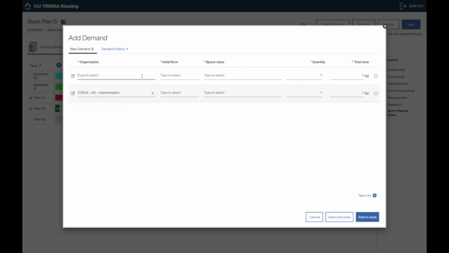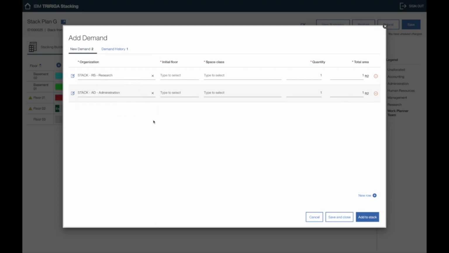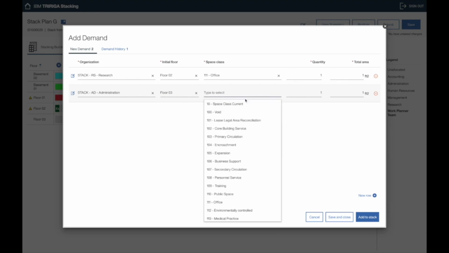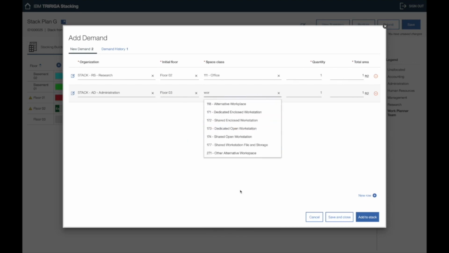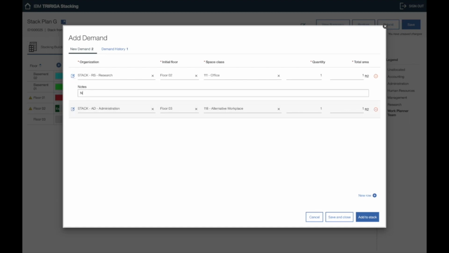Let me select new, another one. Let's see, research. Okay, and another floor. Office, alternative workplace, and from here I can also add some notes already. So let me add a quantity and a total area, and I'll do the same for